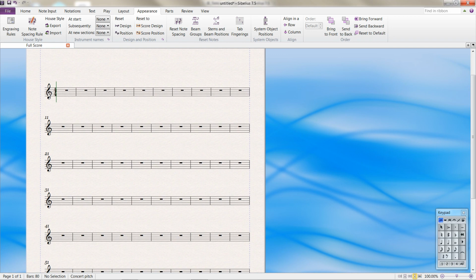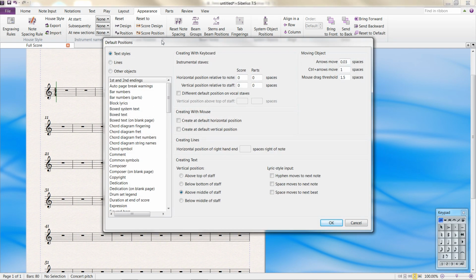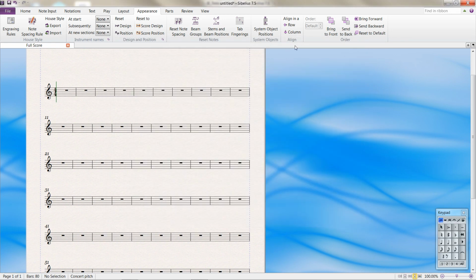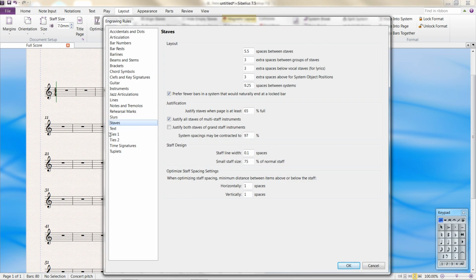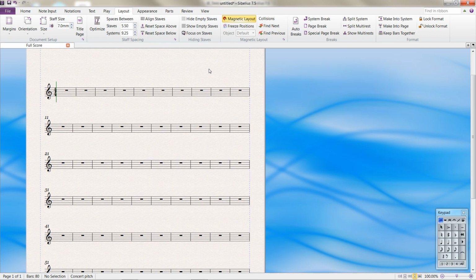Notice that it changed. It also will have changed other settings in here. And then once you've got some settings you like, tweak them around, you can export them out, and of course you've got tons of options in these submenus to choose from. And I think that's about it. There's some more options to choose from there. That's pretty much it on layout and appearance. Next we're going to take a look at